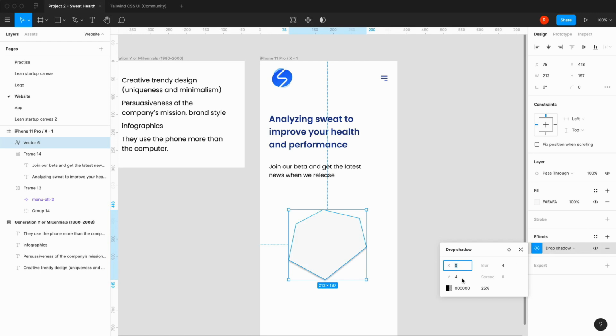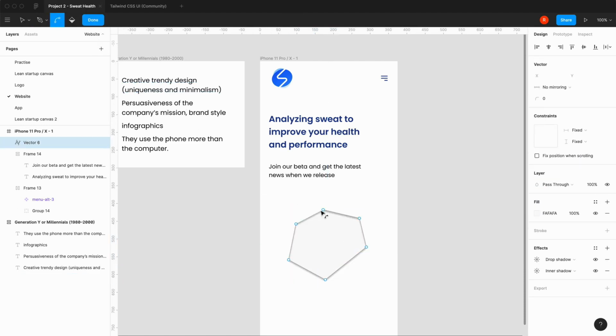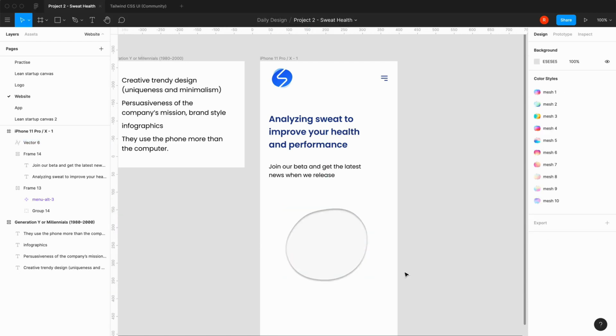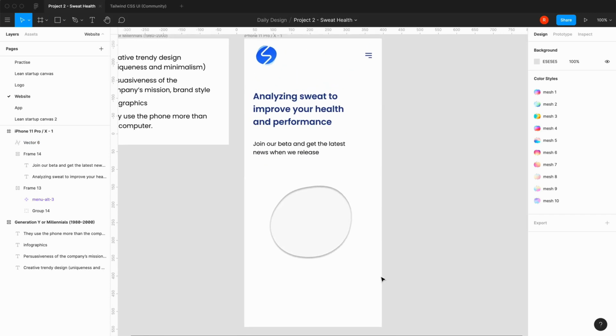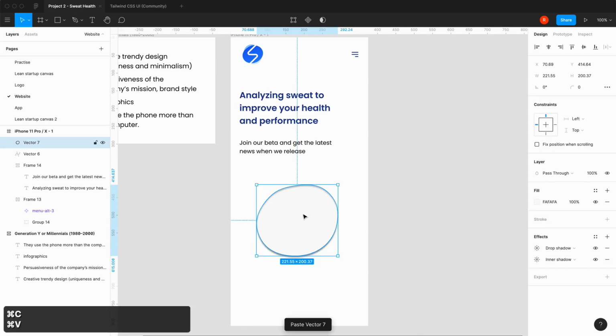So you see that I put a drop shadow, and then I'll put an inner shadow. And then if we get rid of all those really sharp points, give it these really nice curves, we are basically imitating a sweat drop. And that looks pretty nice. Pretty real as well. Neomorphism at its finest. I'm kidding, I'm just playing around. So now another nice thing, right, is, well,